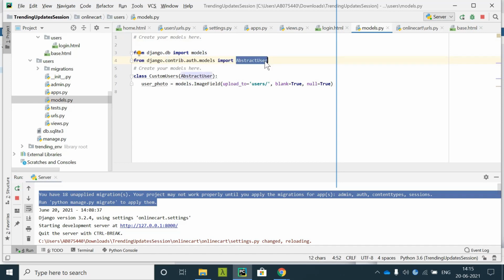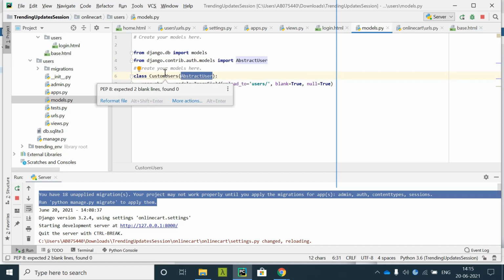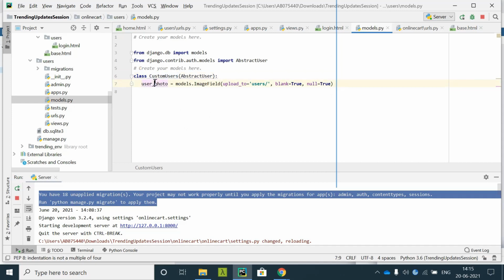That means you are inheriting all the properties of this class. Using this AbstractUser you are making this custom user a new table, meaning you are going to use the Django table itself. So when you use this, you are going to use the same username, same password,